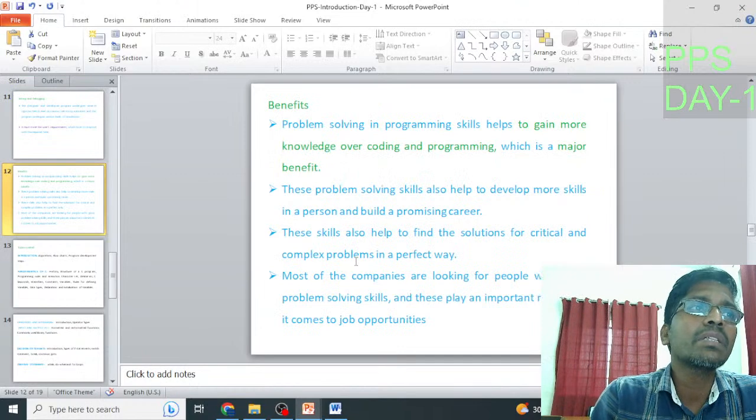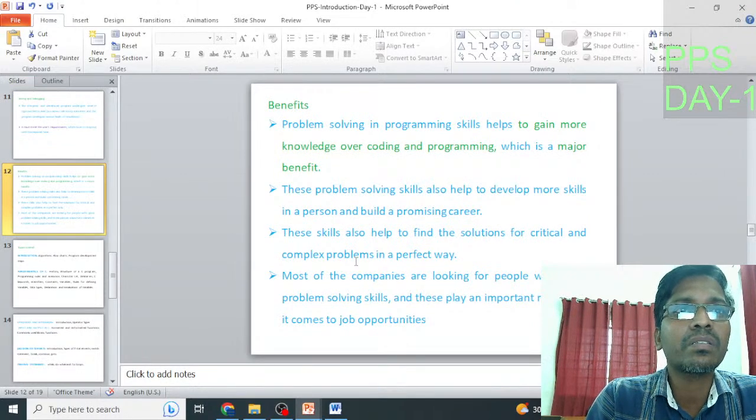So now let us come to the benefits. What are the benefits of using programming for problem solving? One of the benefits of using problem solving in programming skills is to gain more knowledge over coding and programming. So that is a major benefit. The second one is that problem solving skills also help to develop more skills in a person